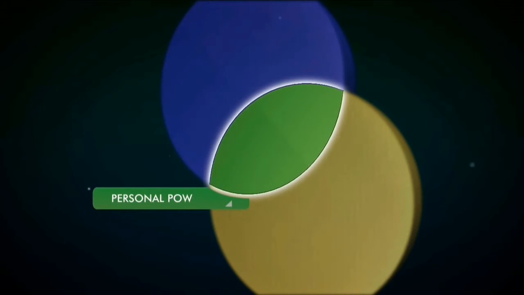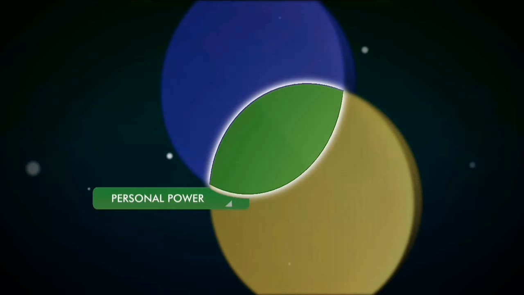Now, when we overlap personal reality with objective reality, we get this green area that I call your personal power, which represents the space where what you think is true actually is true. Your understanding of reality is consistent with what reality actually is, which gives you power to make things happen. Because you can make plans based on reality and they actually work. You think you have enough gas to get to work and back, and you actually have enough gas, and so you get to work and back. That's what we call personal power, because you can make plans that actually work in the real world.